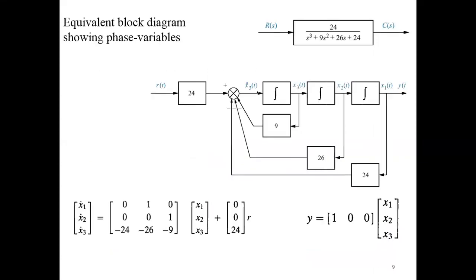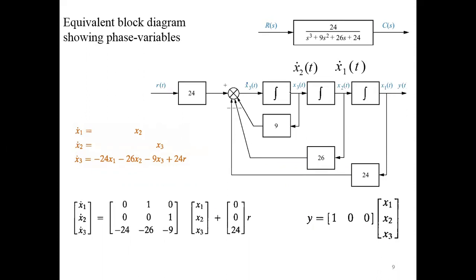First of all, output is equal to x1. Here we have y is equal to x1. Also we have x1 derivative is equal to x2. So x2 through integration will be equal to x1. So we will use an integrator to convert x2 to x1. Similarly, again, one integrator will be used to convert x3 to x2,